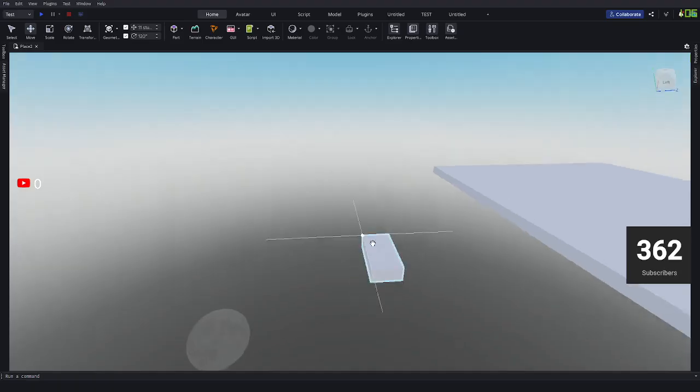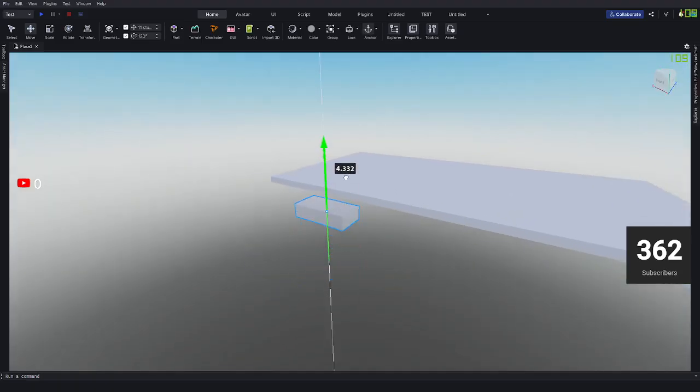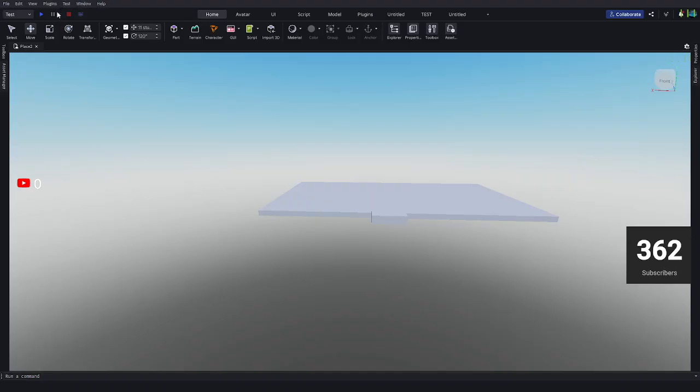So this is the part we're using to lock our camera. So just put this a little bit bigger, higher like this. Now if I press play,